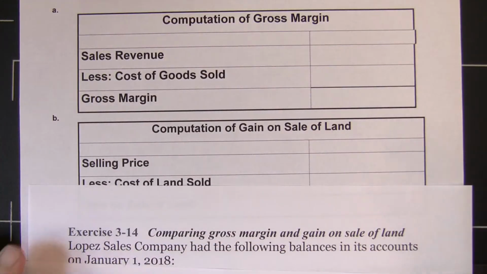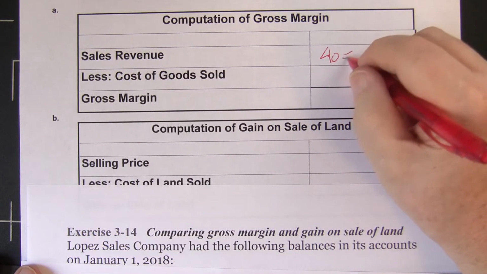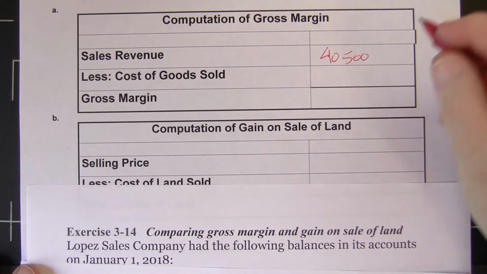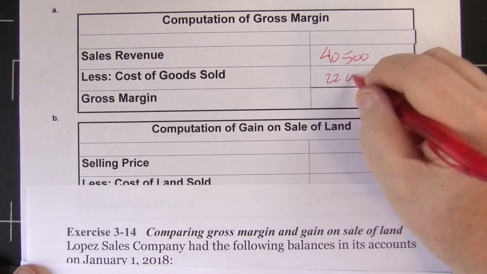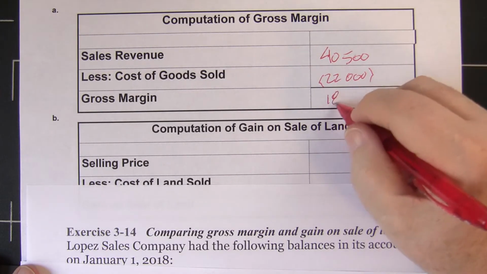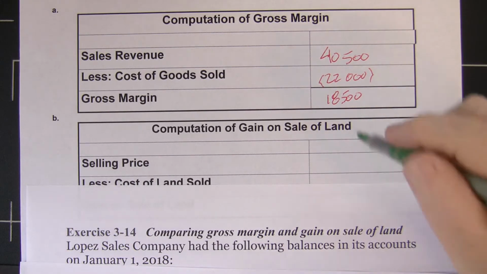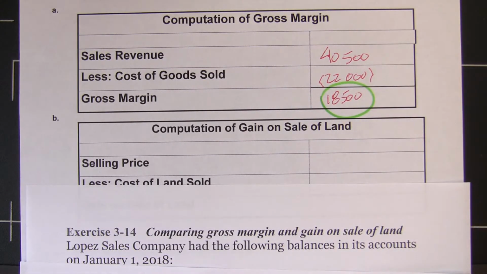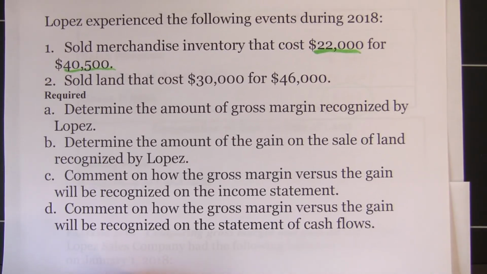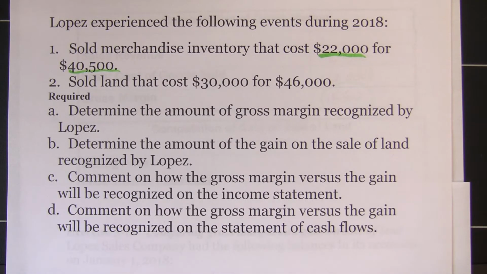40,500 was our sales revenue. That's what we sold the stuff for. It cost us 22,000. The difference between those, 18,500, is our gross margin. So that's the first part. So unlike some of the earlier homework problems in this chapter that took like a day and a half, this is not quite so. The next one they talked to us about is they sold land